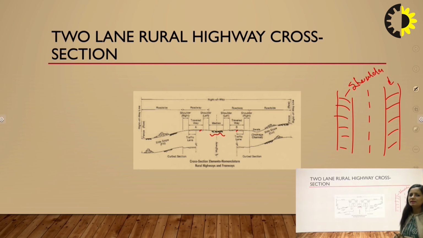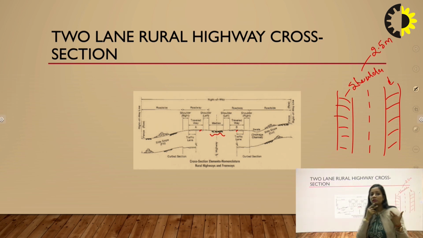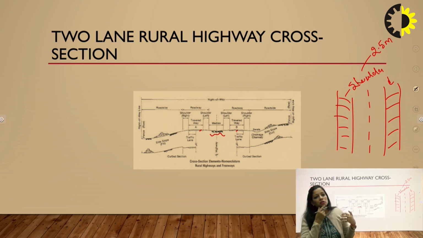What IRC suggests for the shoulder width is that the minimum width of shoulder should be 2.5 meters. Again, this varies according to the project. Now, what are the uses of shoulder? Why is there a provision of shoulder along with the roads? Whenever there is traffic movement, there must be some operations or failure of a particular vehicle, maybe a two-wheeler, maybe a four-wheeler. So there must be an extra provision or extra land, so that